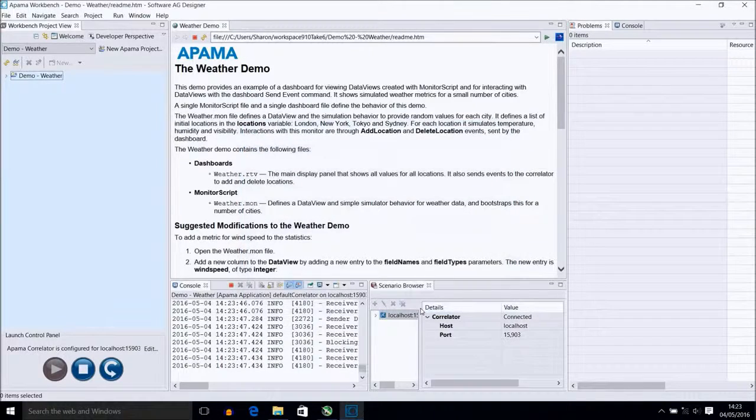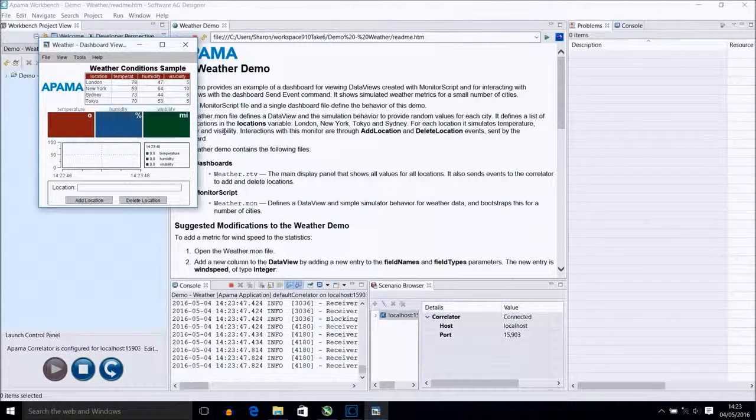This will bring up the dashboard associated with the demo, which shows weather readings for various locations. You will see these are continuously updating in the top table. By selecting any of the locations, it will display the location's information in the labels below and also in the trend graph, all of which are updated with any changes. The location text box is also defaulted to whatever location is selected, so you can easily delete it or even